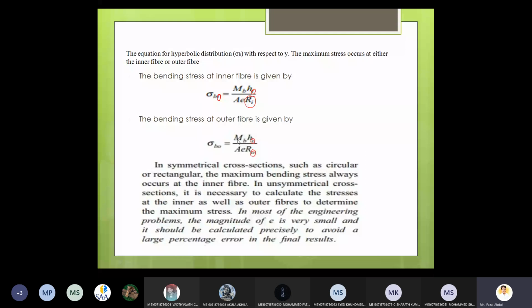Okay, the bending stress basic equation is M y by A e R. If we are applying this equation for the inner surface, just write Ri. If we are applying this equation for the outer layer, then R naught, h naught, that is the difference. Okay, in symmetrical sections such as rectangular, circular,